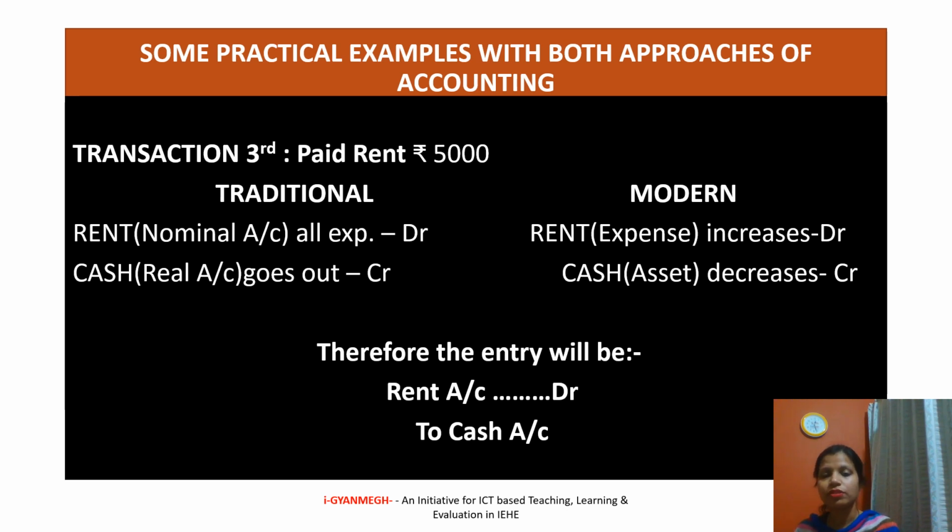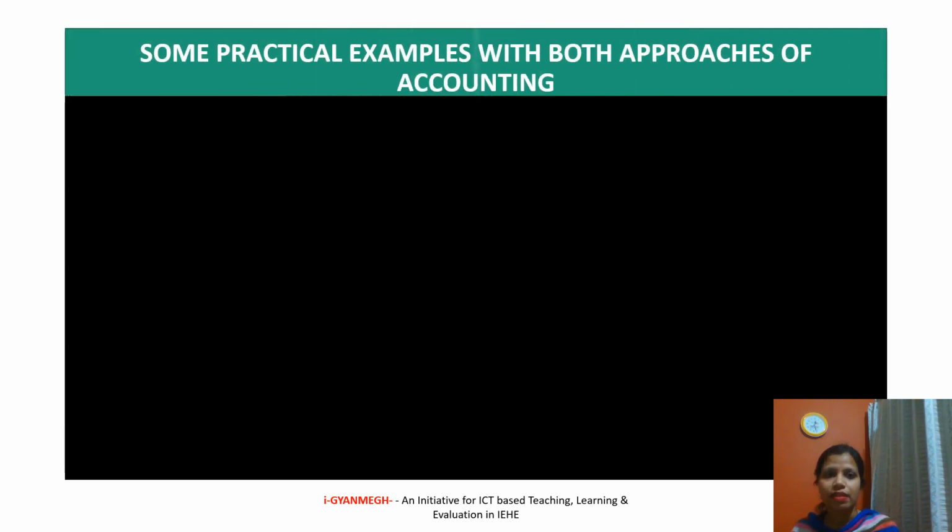According to modern approach, rent is an expense, it is increasing, that's why it will get debited. And cash is an asset, it is decreasing, that's why it will get credited. Therefore, ultimately the entry will be rent account debit to cash. I hope it is clear to all of you. Our next example is